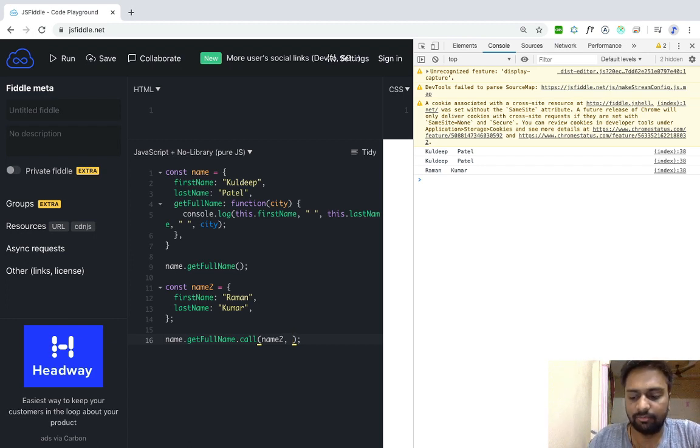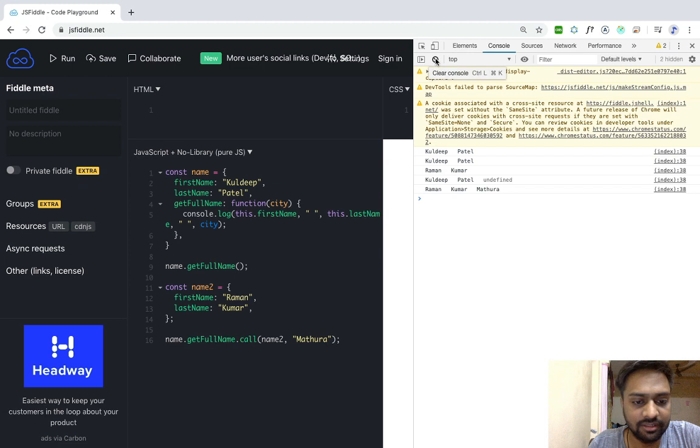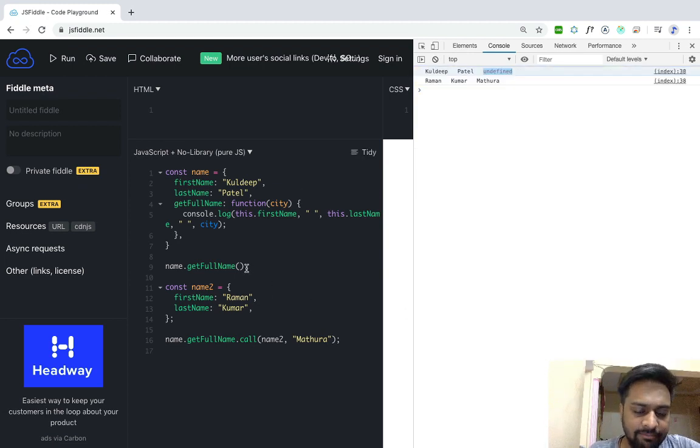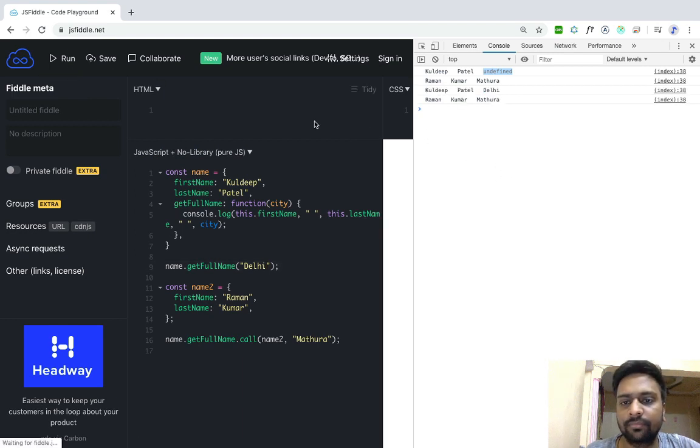So I will pass here Mathura. If I run again, I will get the output Raman Kumar Mathura and Kuldeep Patel undefined. Why undefined? Because I have not passed any value for this parameter city in this function call. So I will pass Delhi here. Let's see what happens. I get Kuldeep Patel Delhi now.